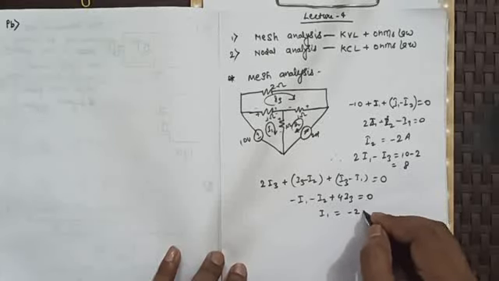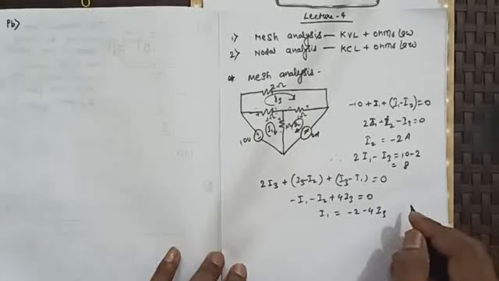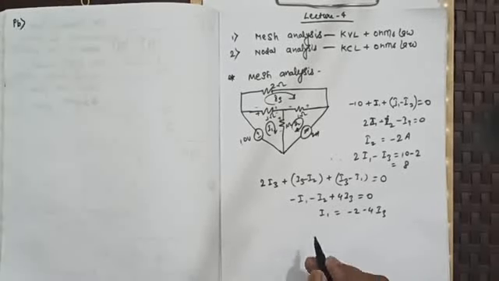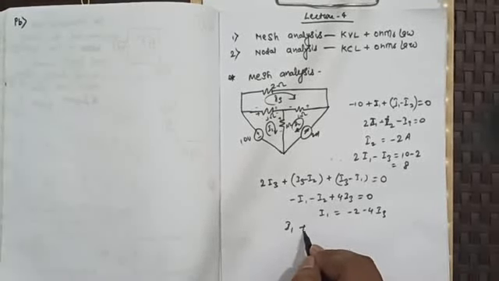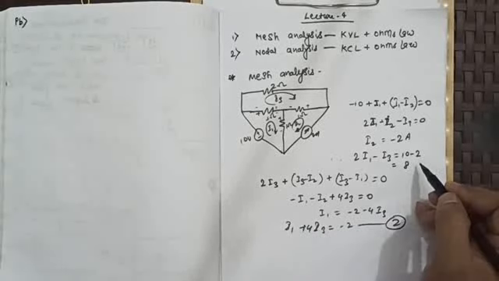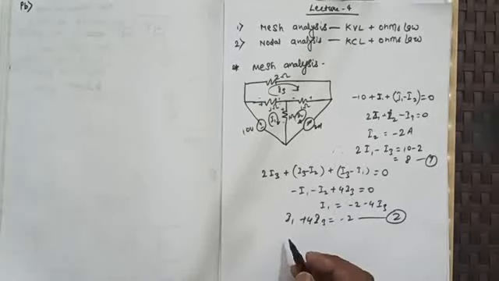Minus 2, minus 4I3, or I1 plus 4I3 is equal to minus 2. This is our equation second and this is our equation first. After solving these two equations, we will have